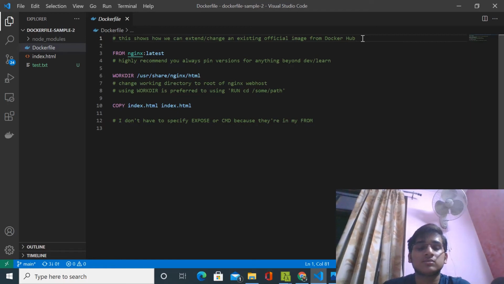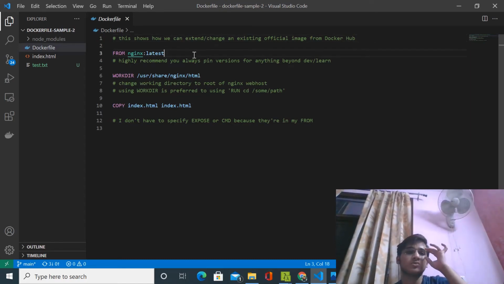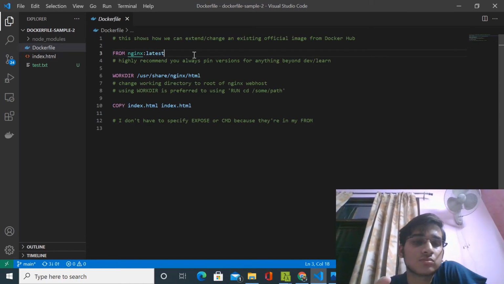There are many instructions in a Dockerfile. It has its own format. Here we have FROM, VAR DIR and COPY. So what is FROM? FROM is used to import. It is like a command in programming, like import.